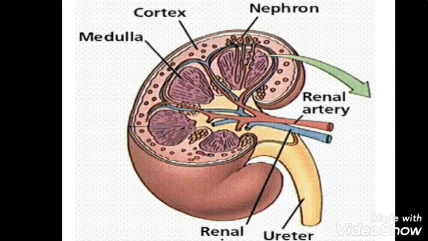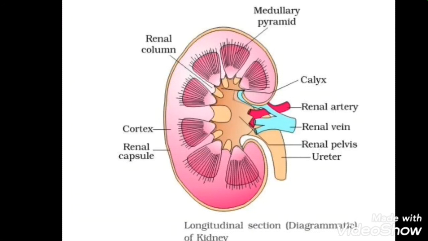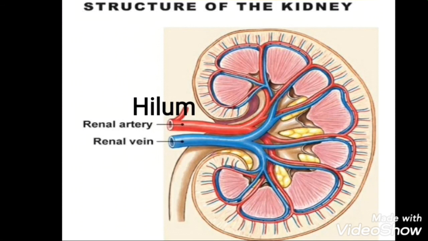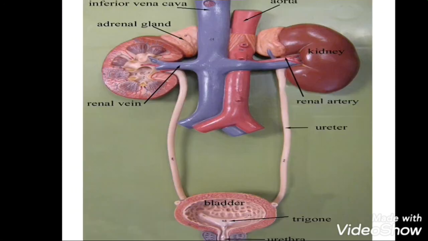The medulla consists of multitubular conical masses called the medullary pyramids or renal pyramids, whose bases are adjacent to the cortex. On the inner concave side of each kidney, a notch called the hilum is present, through which the blood vessels and nerves enter in and the urine leaves out. The ureters are thin muscular tubes emerging out from the hilum. Urine enters the ureter from the renal pelvis and is conducted along the ureter by peristaltic movement.